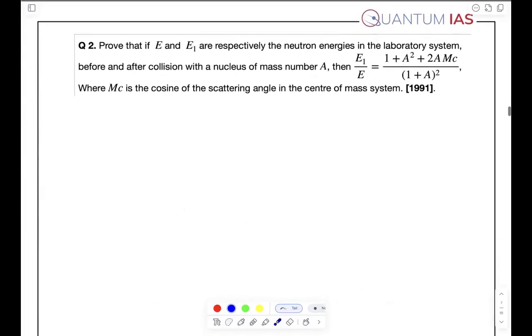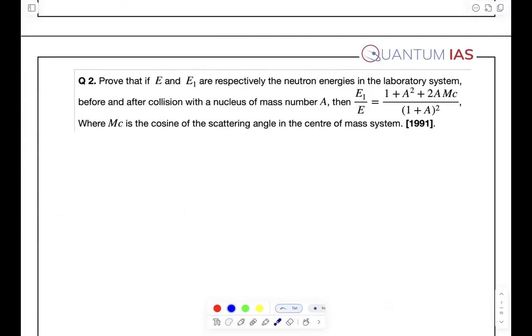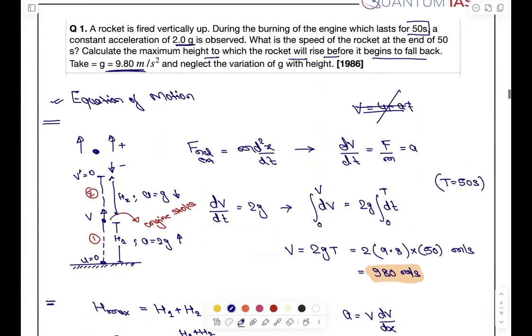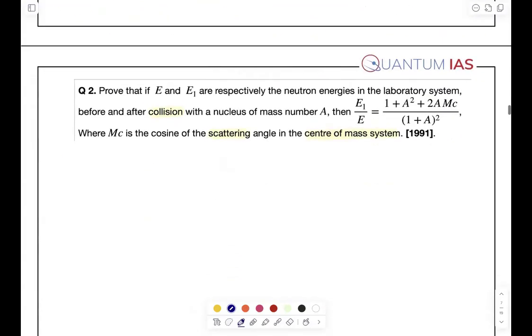Coming down to the next one: prove that E and E1 are respectively the neutron energies in the laboratory system before and after collision. So from here only you will be able to understand that it is a question of collision, right? Now scattering is given. There is nothing mentioned of which type of collision it is, but the center of mass is given. So from here you can easily understand that this question involves the L frame